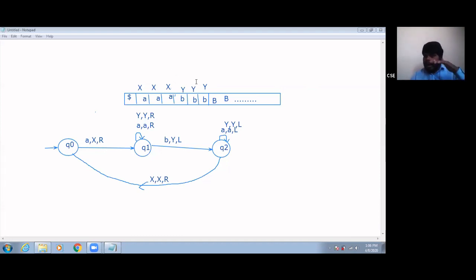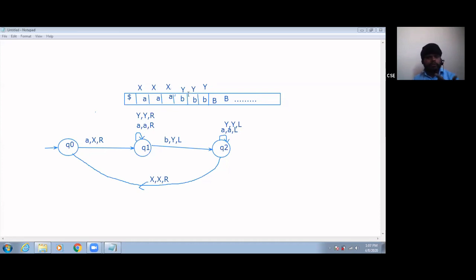So I need to know whether any A's are still there or not. While moving over Y's, see here, this transition will work. For any number of Y's, you will move left-hand side, and you will encounter X. Listen carefully. You will encounter X. On X, you will move right-hand side. And now you are at B. B I replaced already, so it is Y. And at what state are you? Q0. Is Q0 on Y defined?